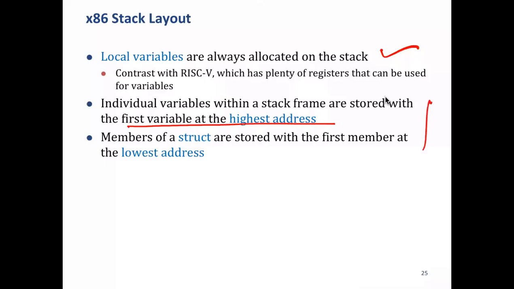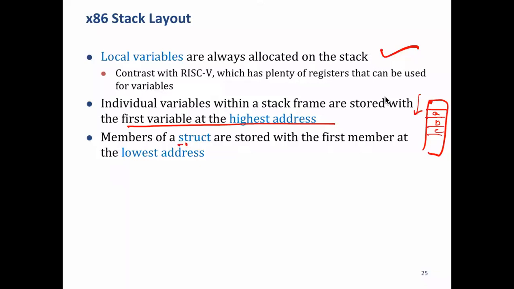Highest is this way. So basically, if there are variables A, B, C, D, the first one will be stored here. When a function is defined with local variable A, then local variable B, A will be stored here, then B and C and so on. While in case of struct,